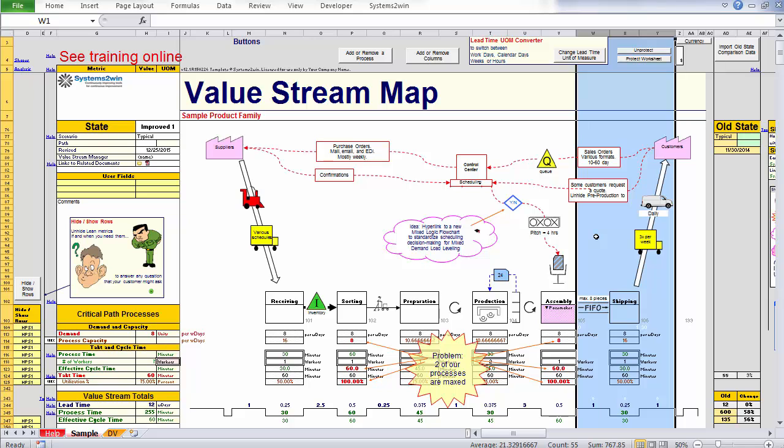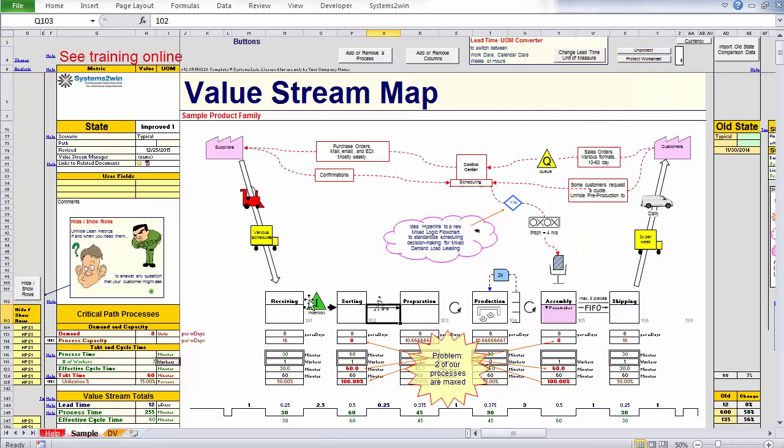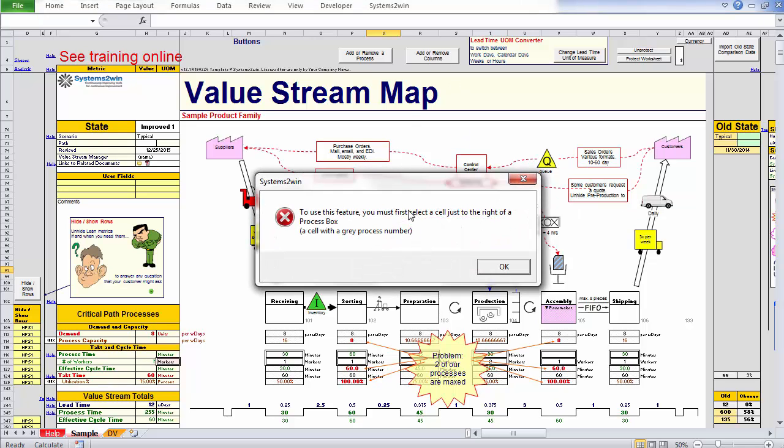So now you say, gosh, I want to add another process right here, between receiving and sorting. In my 2B process, we need something in between receiving and sorting. So now you select that cell. Now if I didn't select the right cell, if I got this cell selected instead, and I say add or remove columns, it's going to give you an error and say, hey, you need to first select the cell just to the right of the process box, the one that has that gray process number.